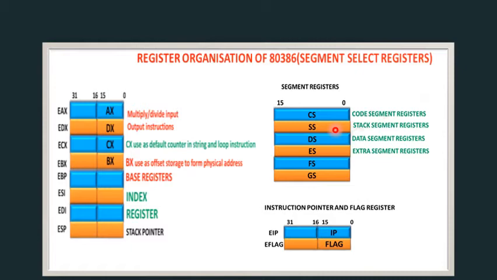If the 8386 operates in 16-bit mode, 2 bytes will be stored on the stack and the value of stack pointer will be reduced by 2 after each push command.